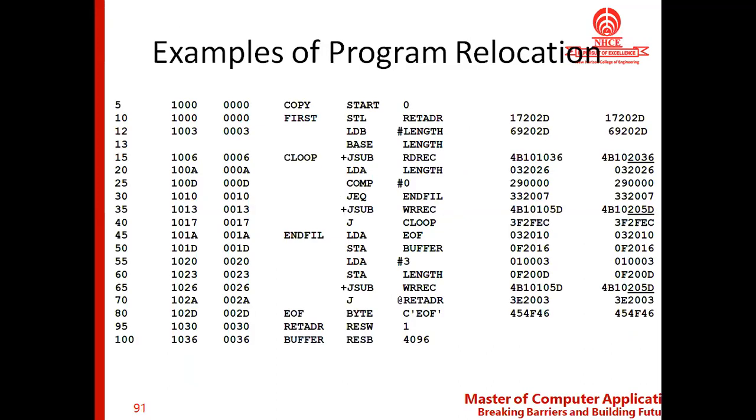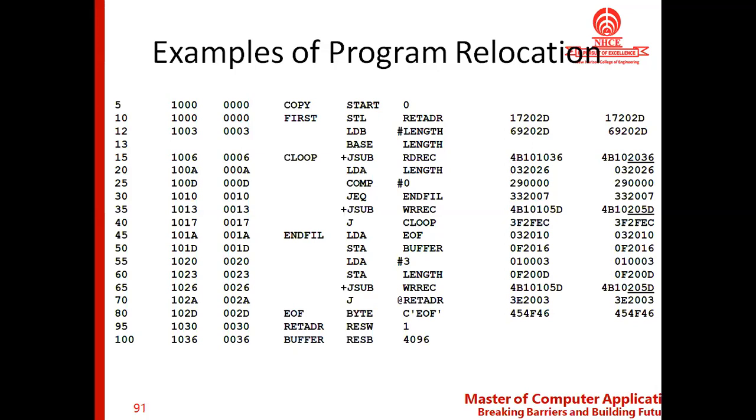Now coming to the SAC XC machine, what happens? Same scenario. We have used again the same program in SAC XC. So look at the line number 5. Initially, the starting address of the program is assumed as 0. So since the starting address is 0, the corresponding values are based on the address 0.